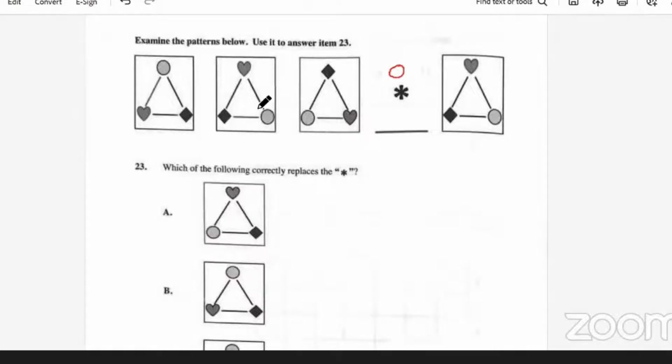Okay. Another pattern you notice is that you have two diamonds together, then two circles. Then I'm going to assume that we would need two hearts. Okay. And since it's three different shapes, then over here would be the diamond, which would give you two diamonds on that side as well. Okay, so there are so many different patterns that we can look at. We have two diamonds here, two circles, two hearts, two diamonds. All right, circle, heart, diamond, circle, heart, and then it would have continued to be another diamond there. So the correct answer for 23 is B.